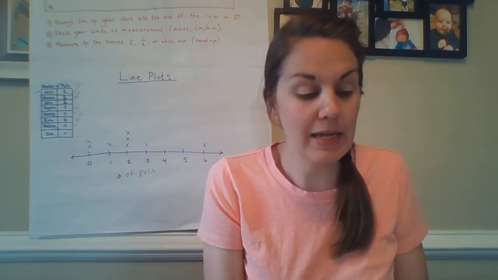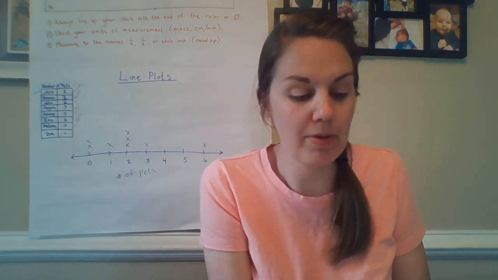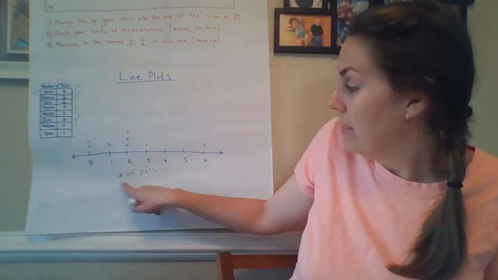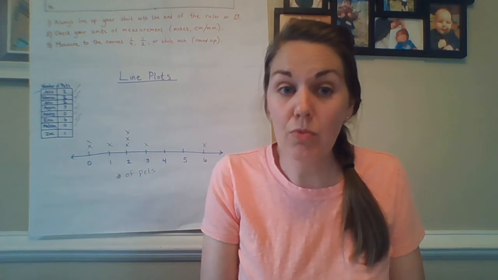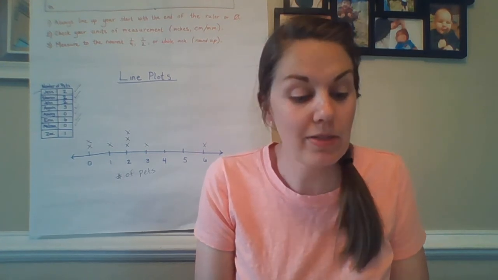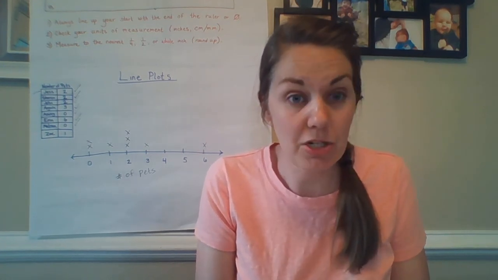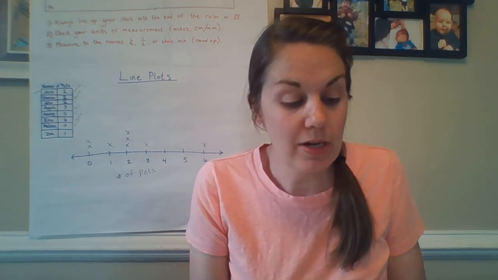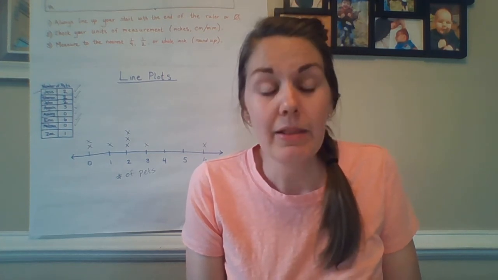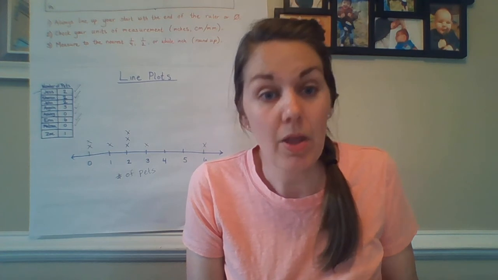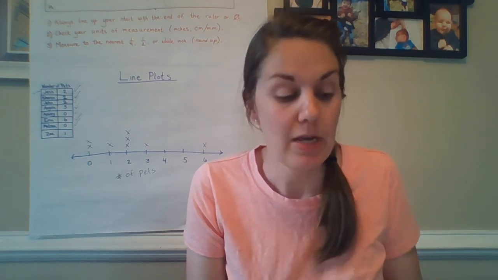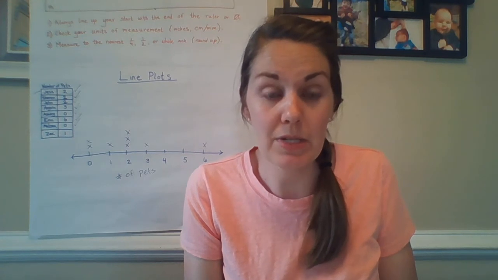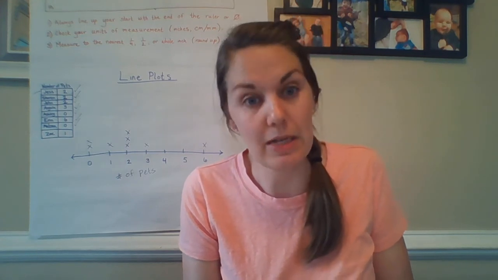So it says A says, what do the numbers below the number line represent? That is, if you look at your title under your number line, that's going to tell you what those numbers represent. So if we look at the title, it says length in inches. So what do the numbers below the number line represent? Length in inches of the earthworms, because that's what we are measuring. So you would write the lengths of earthworms in Emma's class,